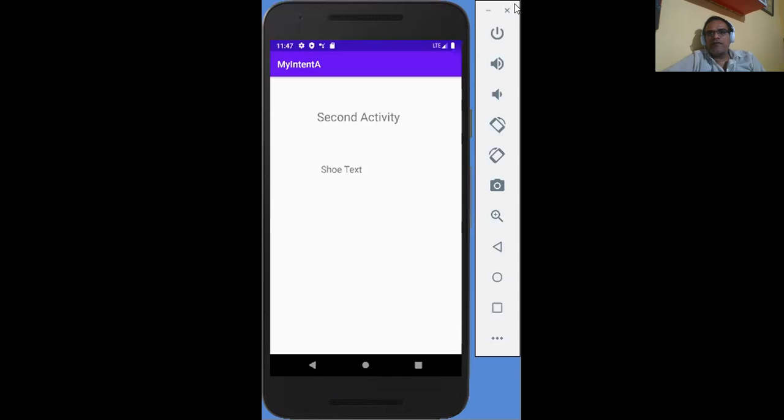So this is the first part. I hope you understand. Now we stop this execution, and then I will show you how we can also move data or some message from one activity into another activity. So now let's go back to our Android Studio.